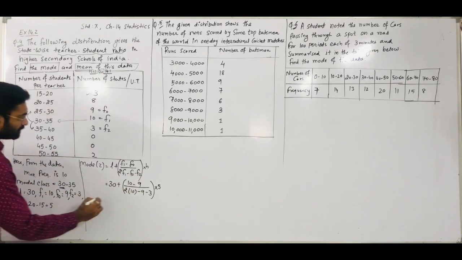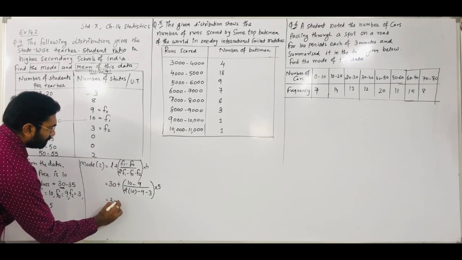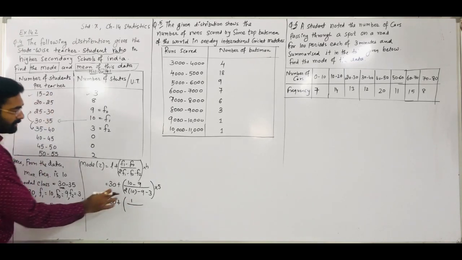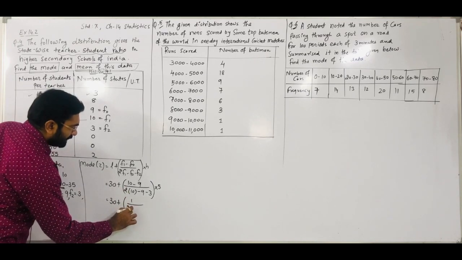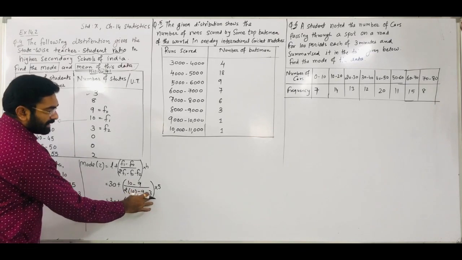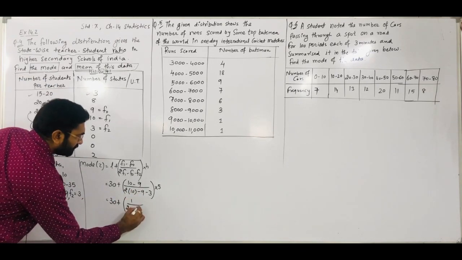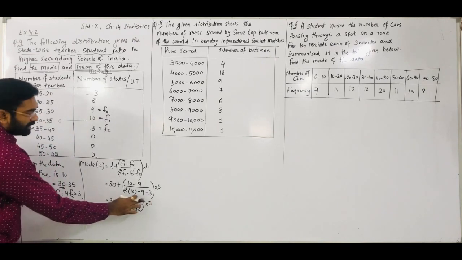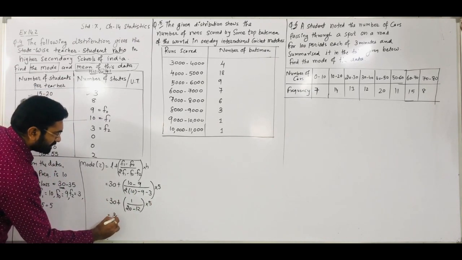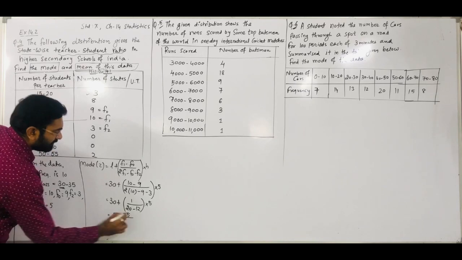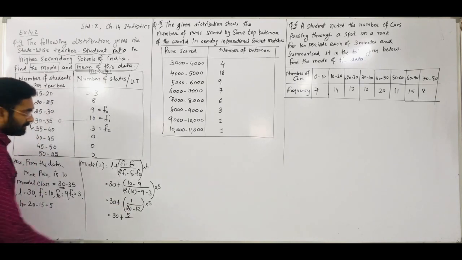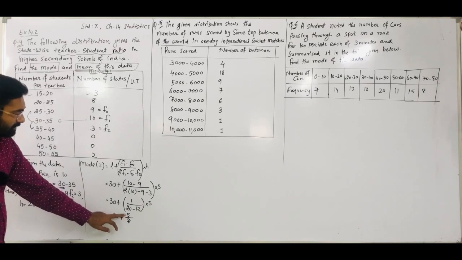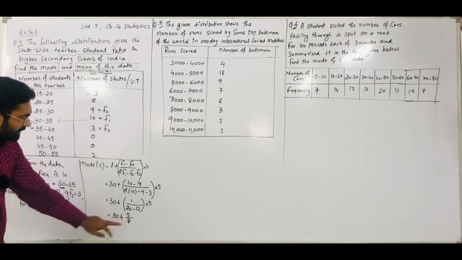Now we have to do the simplification. So this is 30 plus 10 minus 9, which is 1 only. 2 tens are 20, minus 9, minus 3, so we get 12 minus 12, into 5. So 1 into 5 we get in the numerator as 5. So 30 plus 5 divided by 20 minus 12, so we get 8.